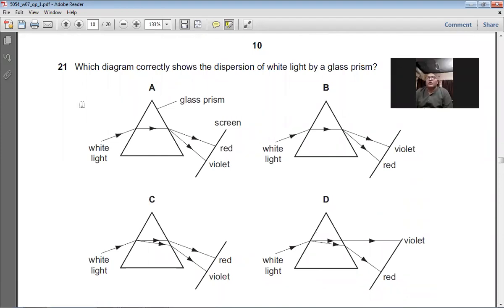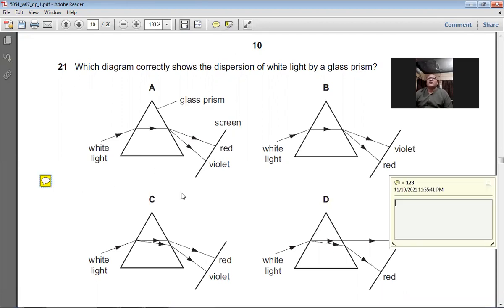Which diagram correctly shows the dispersion of white light by a glass prism? You see, when the white light enters the glass prism, it will be split into its colors. And when they emerge from the other face, the order of the colors will be ROYGBIV. Red, orange,